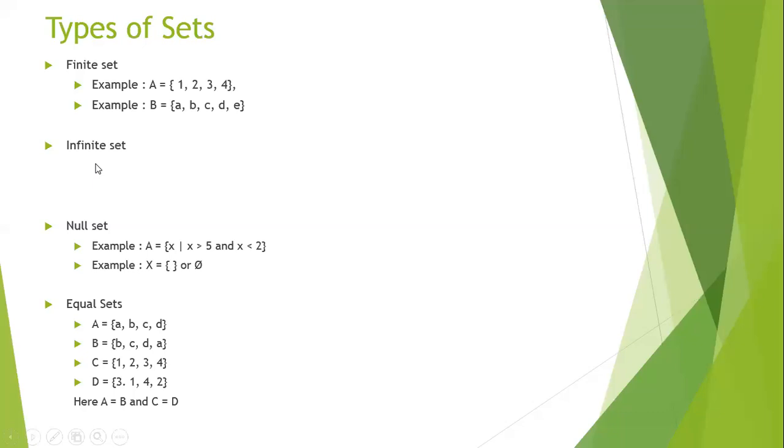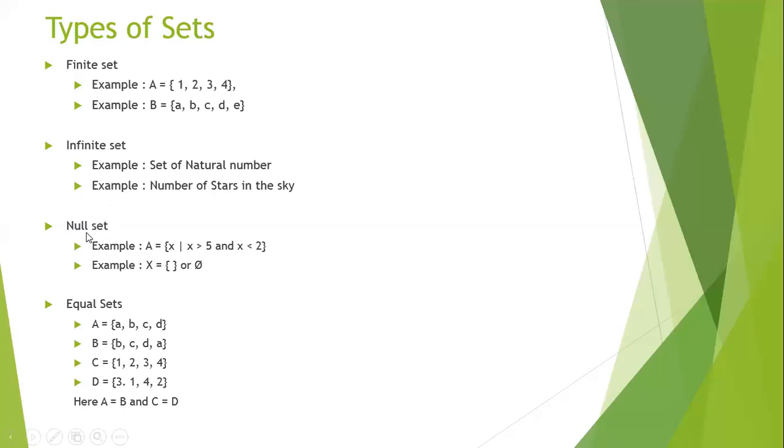The second set is called the infinite set. Now the infinite set, for example, the set of natural numbers. In this, we don't have a limit. We don't have a range. I don't know from which natural number I am going to start and at which natural number the set is going to end. So there is no limit. This is limitless. Example, the number of stars in the sky. Are you able to count the stars in the sky? No, not exactly. So these types of sets are called infinite sets.